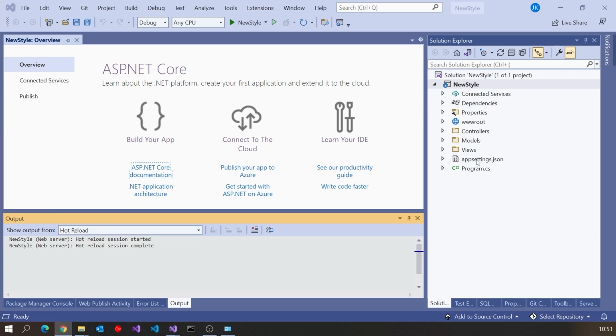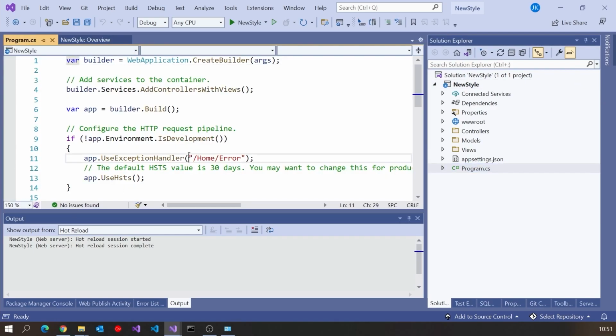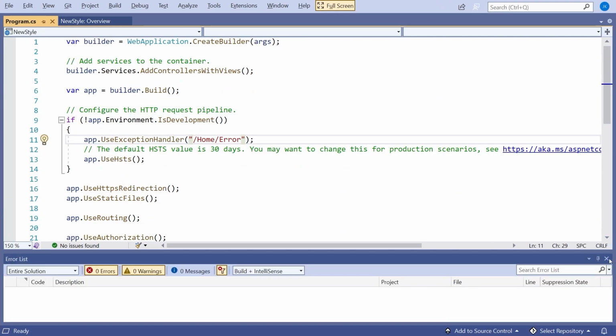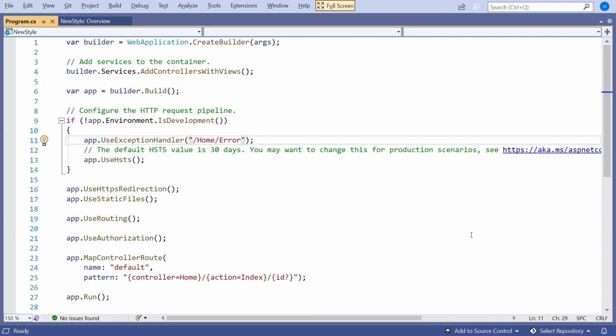But what we've got different is that in a traditional ASP.NET Core project, we have a Program and a Startup. And that's the way it's been since the very first days of .NET Core right through to .NET 5. But now in .NET 6, you can see we've only got the Program. And if we look at the Program, we can see that it's really got all of that stuff that was divided up between the Program and the Startup. So that is now all done in the Program file.